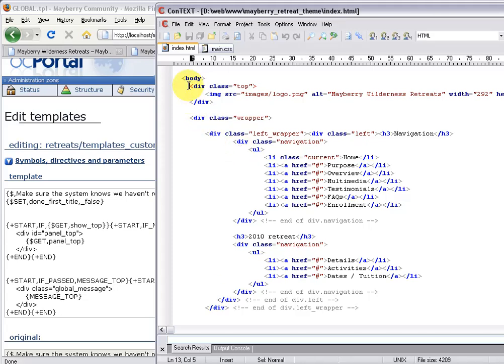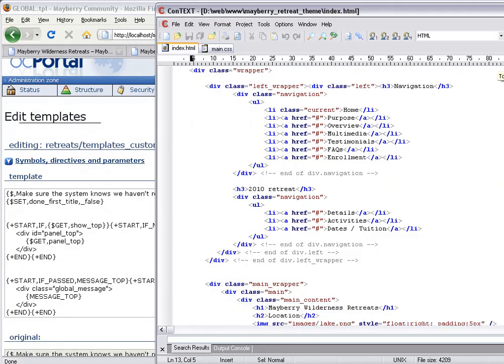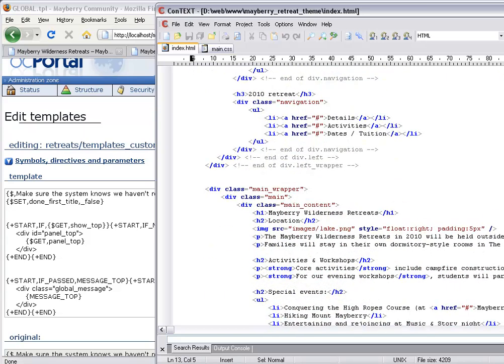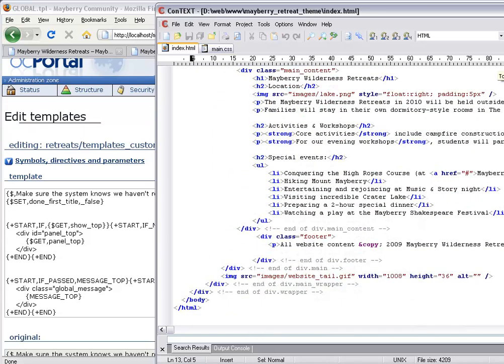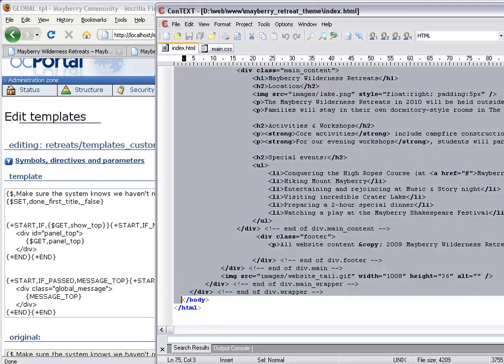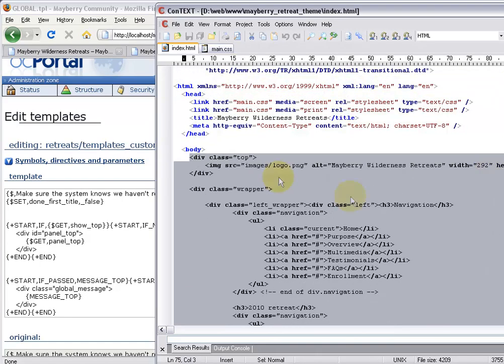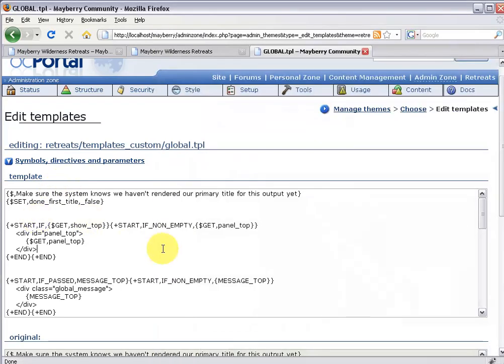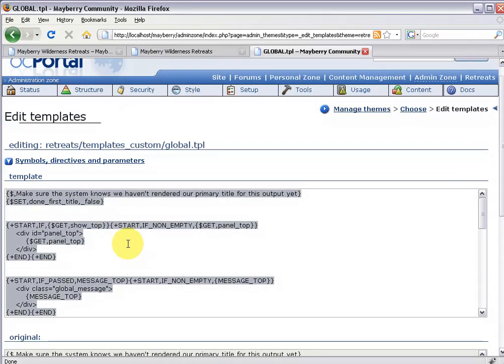So watch this. I can put my cursor at the beginning of the website, scroll down here. Here's all my content. Okay, here's the slash body tag. I can hold shift and click just before the slash body, and it highlights everything between the two. Okay, so I can right click and copy and come over here, select everything, delete,